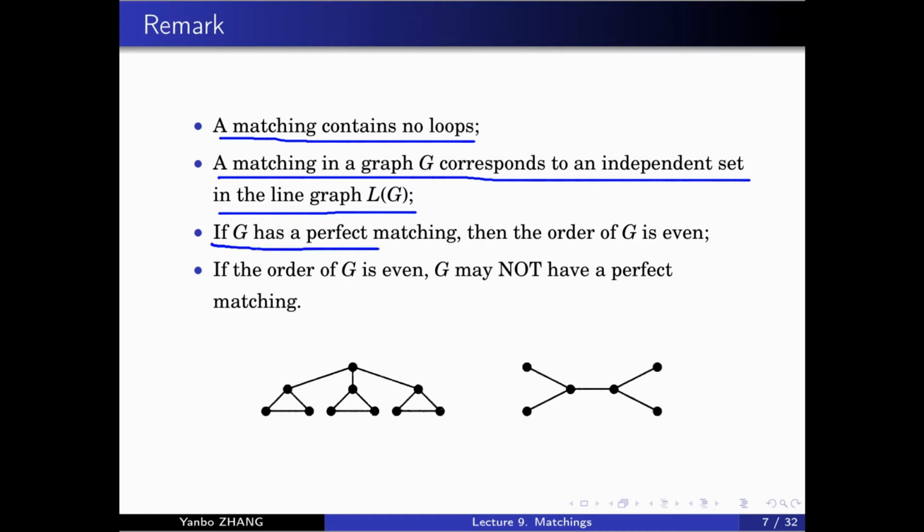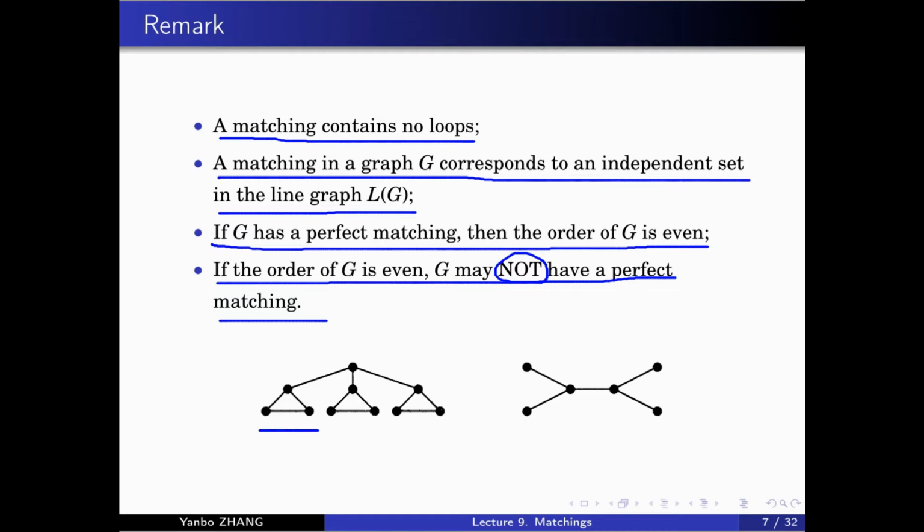If G has a perfect matching, then the order of G is even. But the reverse is not true. If the order of G is even, G may not have a perfect matching. Here are two examples. In the left graph, if it has a perfect matching, then the perfect matching must cover